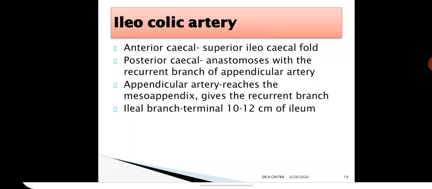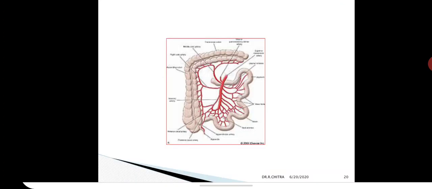So this ileocolic artery we have completed already. Same superior mesenteric artery summary: on the convex side, jejunal and ileal branches. On the concave right side, the middle colic, which divides into right and left; the right colic, divided into ascending and descending; and the ileocolic, ascending and descending. From the descending branch of the ileocolic come the anterior cecal, posterior cecal, and appendicular arteries.